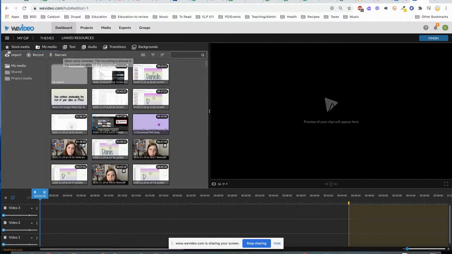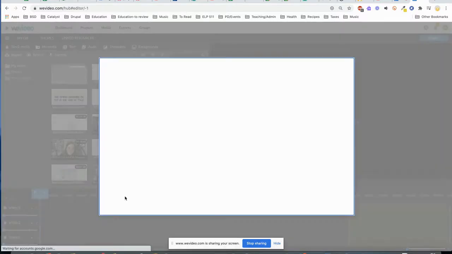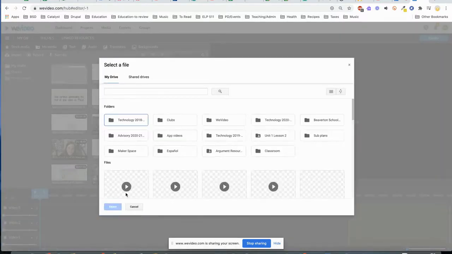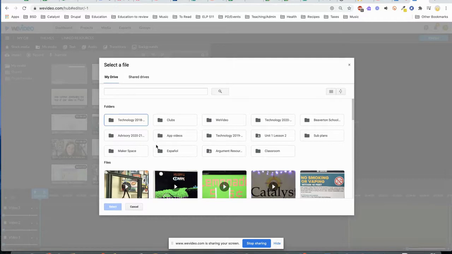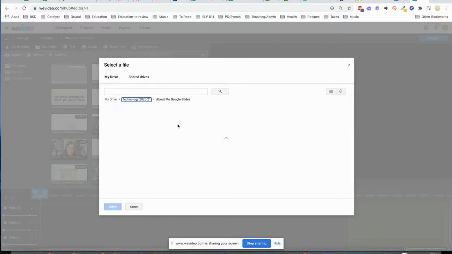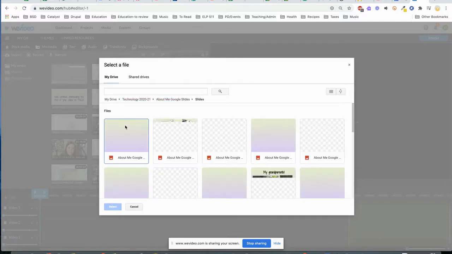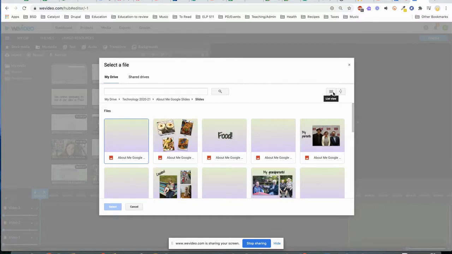What you're going to do, though, is click on Import. And then this is where it comes in handy. Hopefully, you saved your PNGs in Google Drive. So you'll just click on Drive. And then you're going to go to your Technology folder, your About Me Google Slide folder, and then click on your Slides folder. Now, I'm going to actually change the view of my pictures, because it makes it